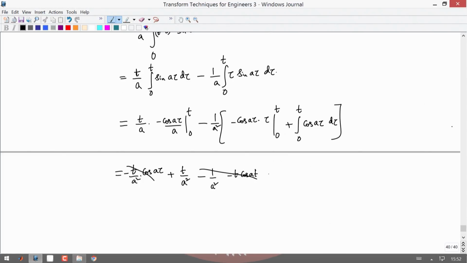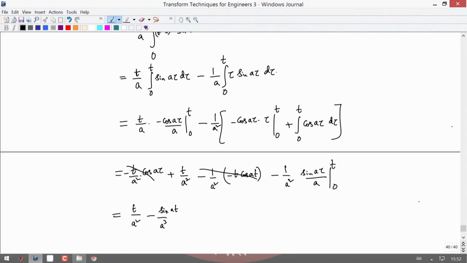So, if you remove this one, this is what it is, and I have minus 1 by a square. This integral, if you write, this is sin a tau by a, 0 to t. So, what you get is t by a square minus 1 by a cube sin a t